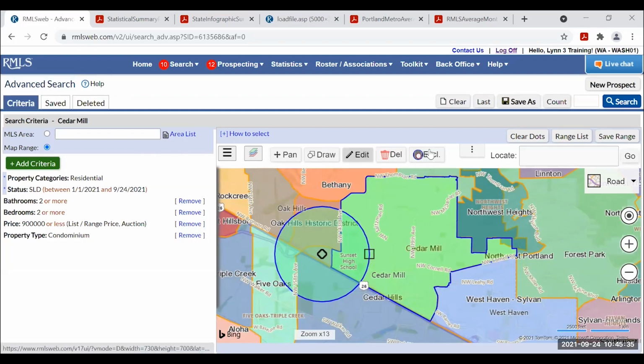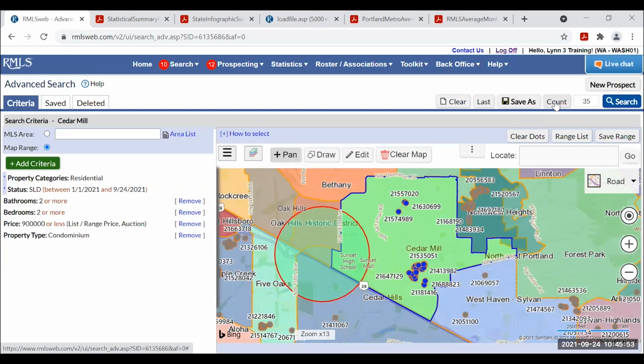And I'm going to click on this little button up here that says exclude. Okay, and then notice what happened. I drew a pretty big circle there, but it turned red. So when I go to do my search, let's click count first. When you click on count, when you have the map open, you're going to see blue dots within your search area, and I'm going to see little brown dots, other listings that match my criteria but they're outside. Or if there were any in this red circle, they would be brown as well because I'm excluding them. Okay, so we're going to do our search.